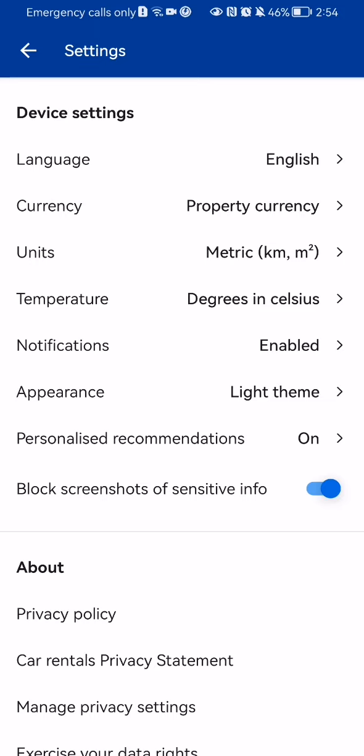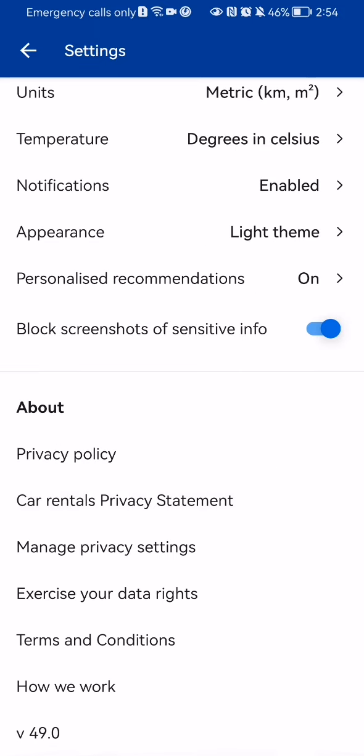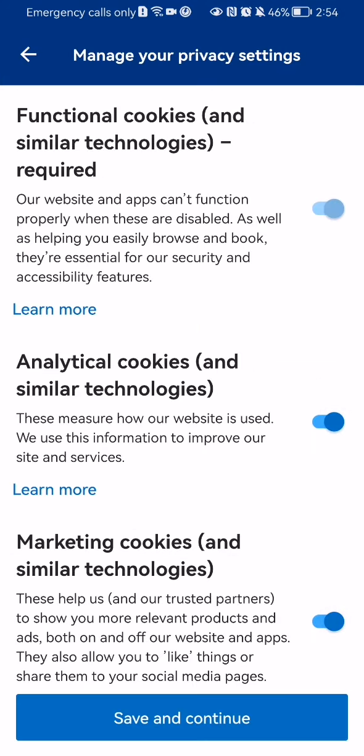Press on it, and here if you scroll down a little bit in the about section you will find the third option, which is manage privacy settings. And here you can see that there are three types of privacy settings. The first one is the functional cookies, the second is the analytical cookies, and the third one is the marketing